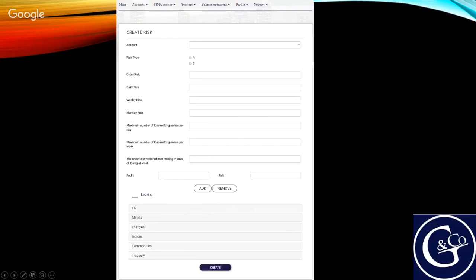Why is it so good? When you reach these numbers, the program will automatically disconnect you from any possibility to trade in this month. So you will have enough time without losing money, and it's very important, without losing money, when you want to overtrade, when you want to win your money back.